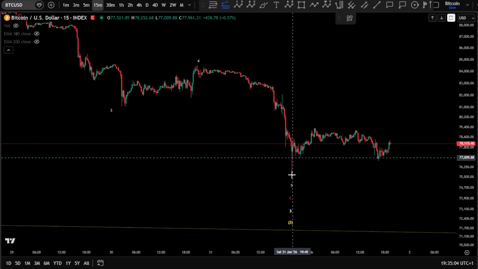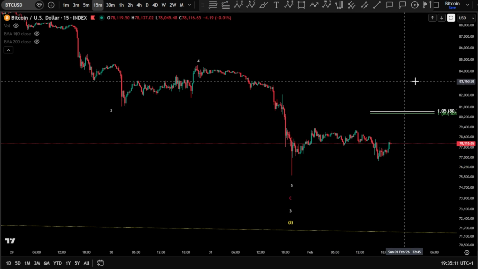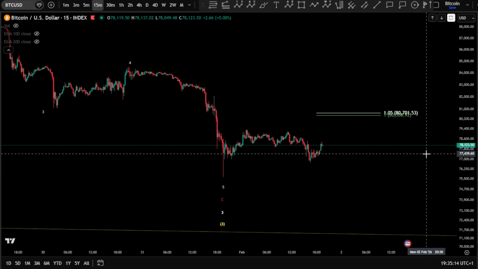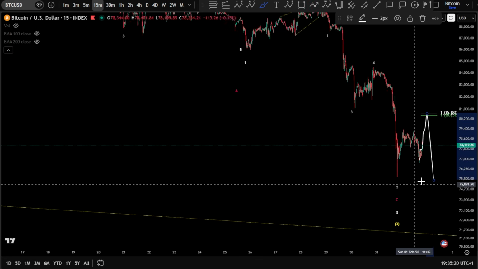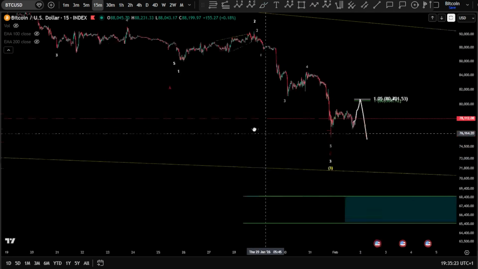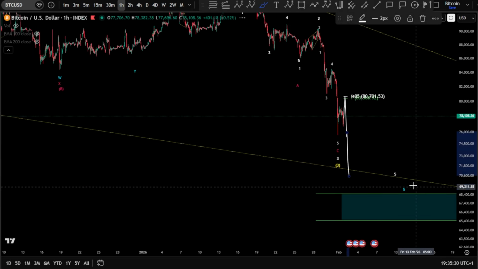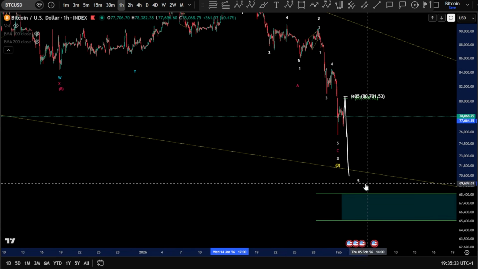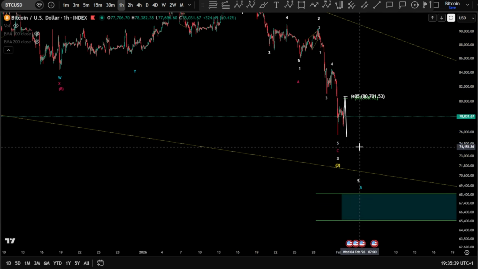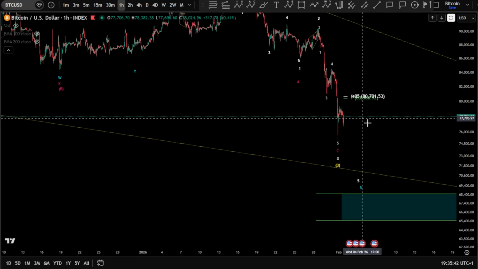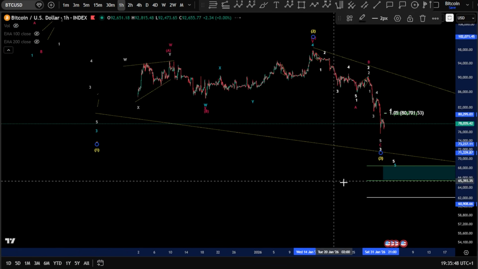That means it can be a regular flat unfolding as a wave C, and we might hit around this area, the 80k, 80k 500 can also be a possible scenario, and then finishing a wave 4 there for this impulse, as an extension, and then pushing one more low towards the downside, which might be a wave 5 there, finishing up a wave A. In this case, we're gonna bring the wave A in, and then looking later on for a wave B and a wave C to finish up a deeper wave 3, an aggressive ending diagonal.